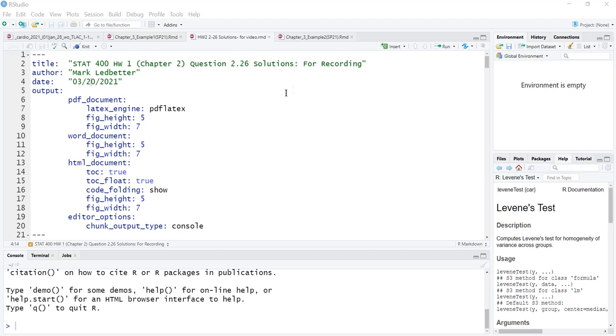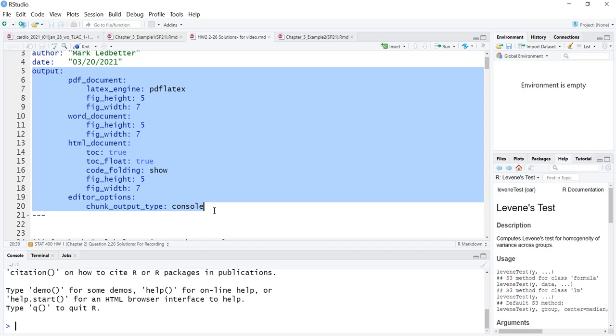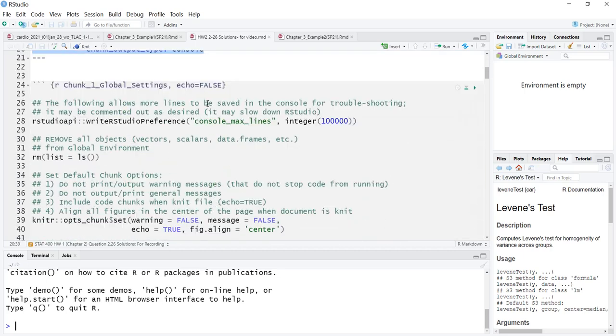provided to you. So I've got the file here, and the only thing that I've changed is the header information, and by that I just mean the title, author, and date. So those are the things that you'd want to change. Again, you do not want to mess with anything here, nor in this first chunk, unless you want to take this out. If your computer is running too slow, then you can comment out this line. So if this creates a problem, all it does is makes the console down here hold more lines. But if you don't have a big memory in your computer, you may want to comment just this one line